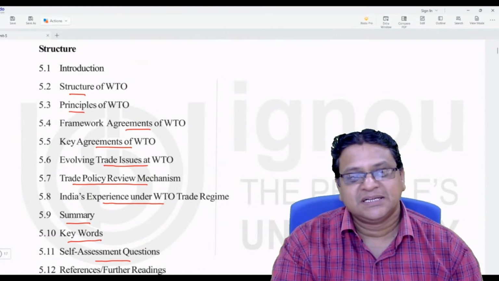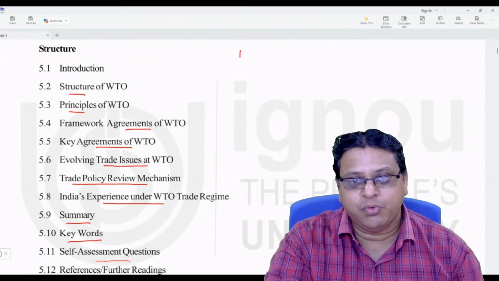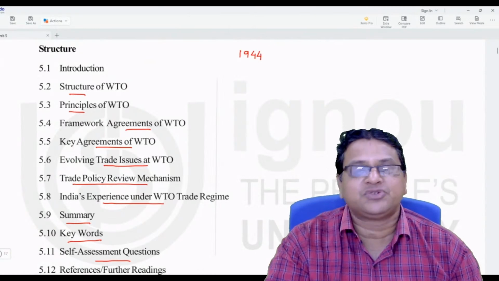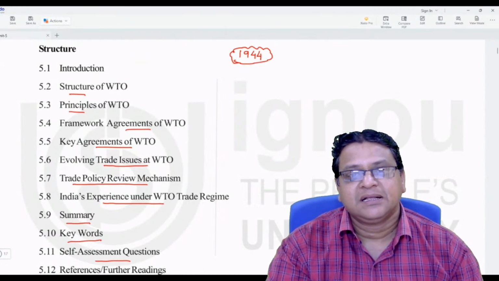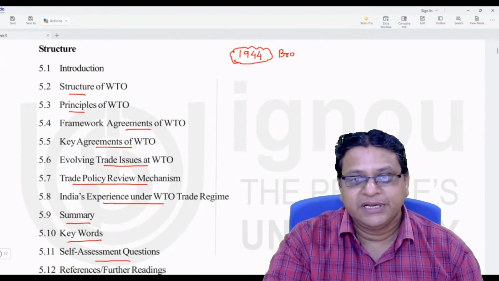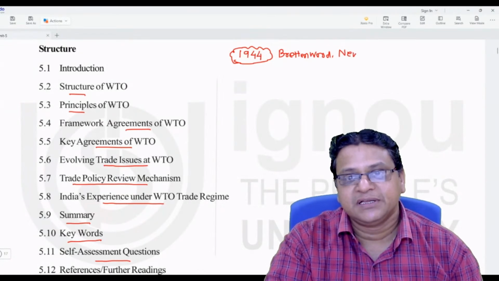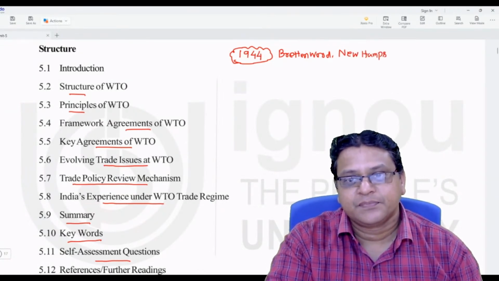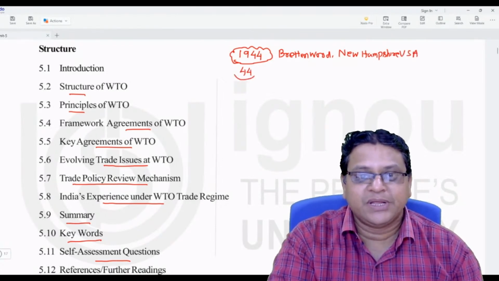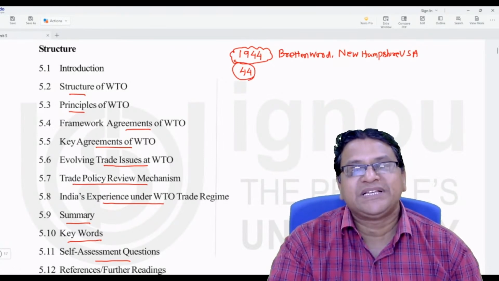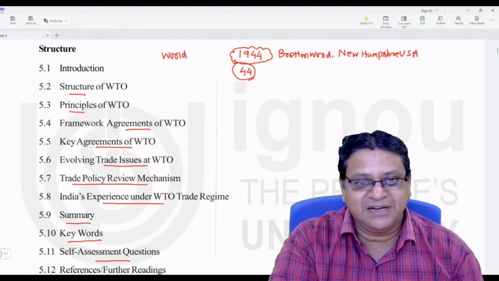Let me first give an introduction of WTO. In the year 1944, when World War II was over, in a place called Bretton Woods, situated in New Hampshire, USA, 44 countries met together and decided how to restore international trade, because after World War II, the international trade